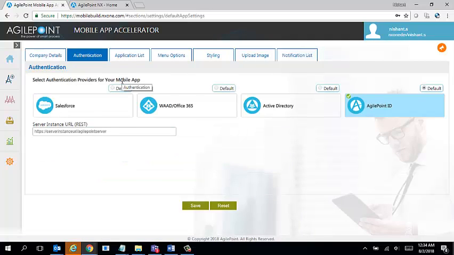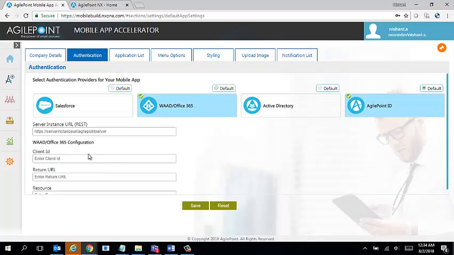Next, I can pre-configure what authentication should be used by the application. As you know, AgilePoint supports multiple authentication, and some of these can get technical for end users. For example, if I wanted my end users to use Windows Azure Active Directory, you cannot expect them to type in the client ID, return URL, resource URL, those kind of things, right?